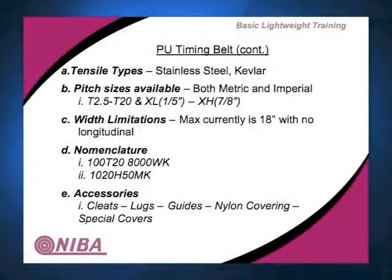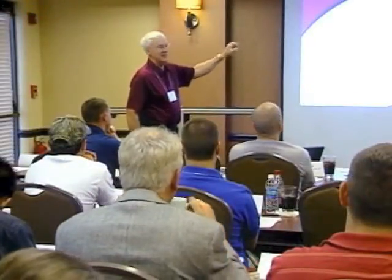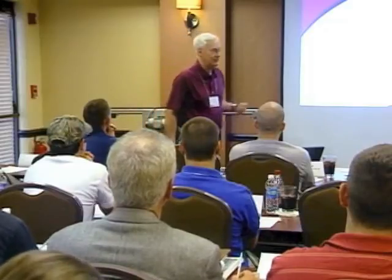The tensile strength of the carrying member is either going to be of stainless or Kevlar. You don't see the word fiberglass up there, do you? Fiberglass is used a lot in synchronous cog type power transmission belt. So stainless is used so it is very strong. Kevlar is your synthetic that is equally as strong. It's brittle and it doesn't like shock loads, right? You don't have that on a power transmission belt